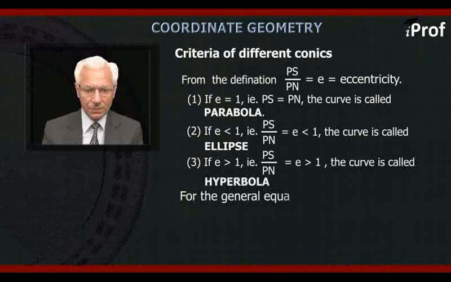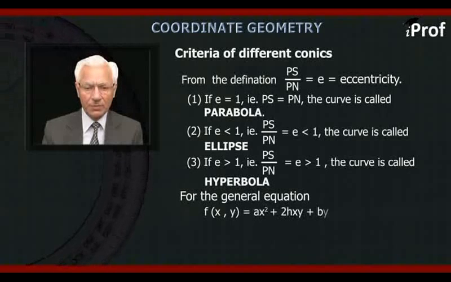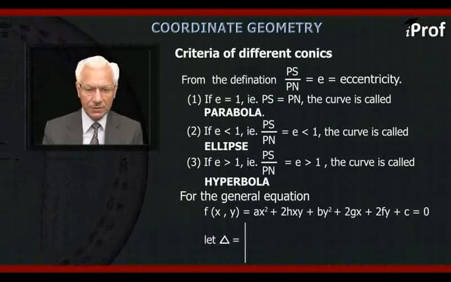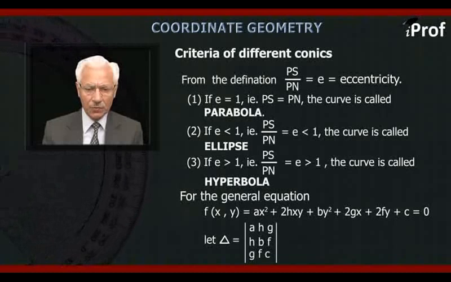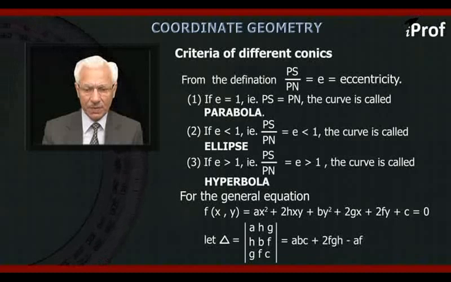For the general equation, we represent it by f(x, y), that is ax square plus 2hxy plus by square plus 2gx plus 2fy plus c equal to 0. Let delta be equal to the determinant with first row a, h, g, second row h, b, f, third row g, f, c, whose value is abc plus 2fgh minus af square minus bg square